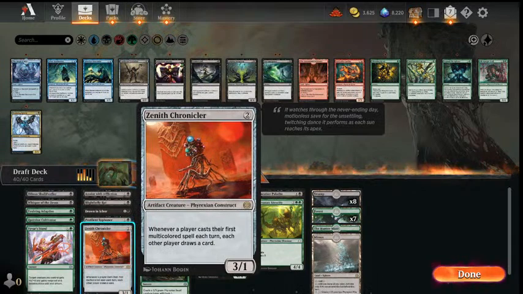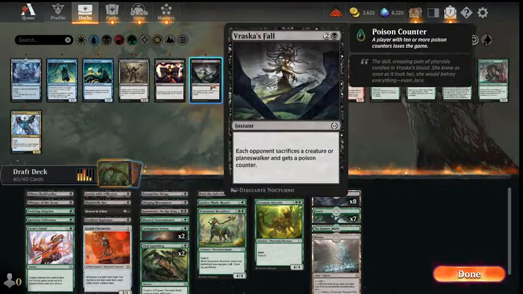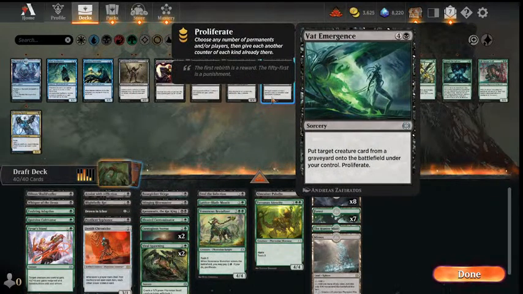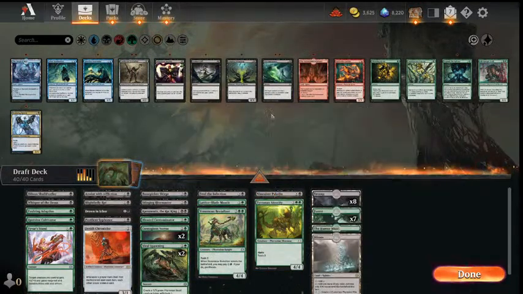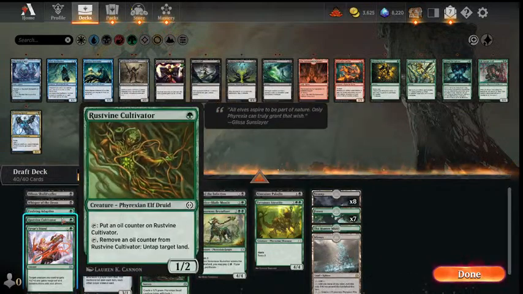I'm just not a fan of this card, and I think I'd rather the Infectious Inquiry or the Vraska's Fall. And I'm not opposed to the Gulping Scrap Trap. Nor am I opposed to that, because it's like, okay, just return something from the battlefield, over the graveyard to the battlefield, and you can kind of loop these. Kind of sort of loop these. Just because you get something back, but